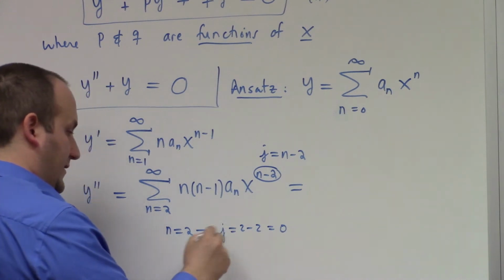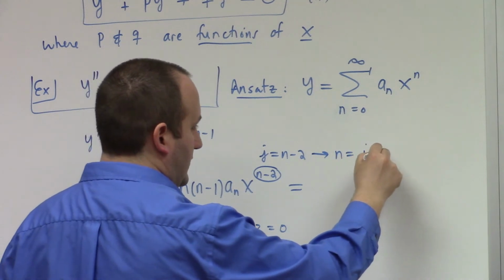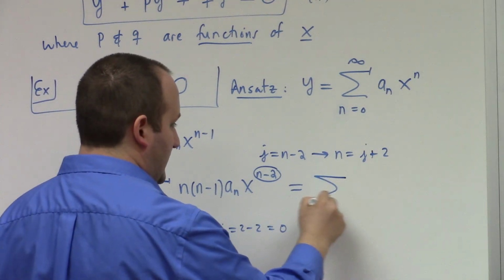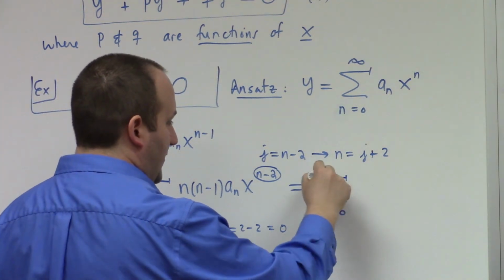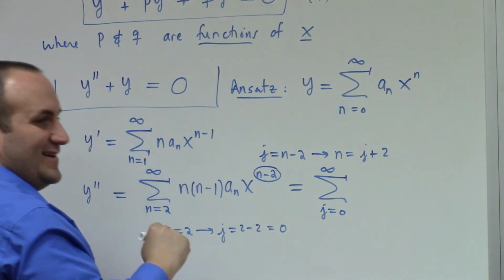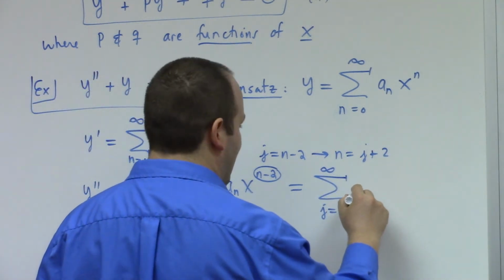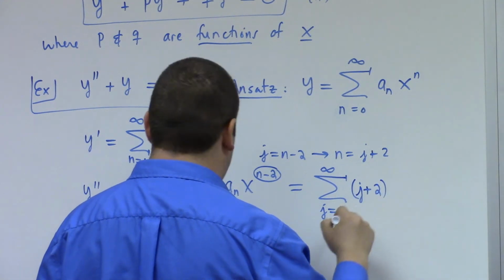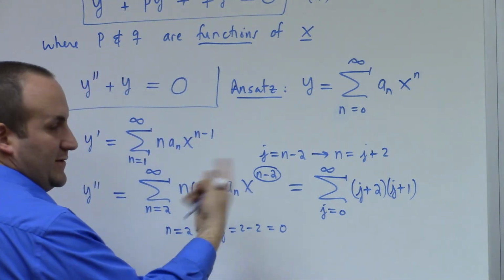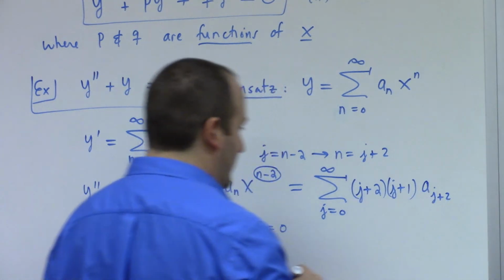And what else can I say? n is equal to j plus 2, right? So with that change of notation, this becomes the sum j equals 0 to infinity. I mean, infinity minus 2 is still infinity, right? So we're okay there. Smaller infinity, if you say so. Who am I to argue with infinity? Let's see here. It's j plus 2, and then that's j plus 1, right? Because n is j plus 2 and n minus 1 is j plus 1. A sub n is a sub j plus 2, and then I've got x to the j,